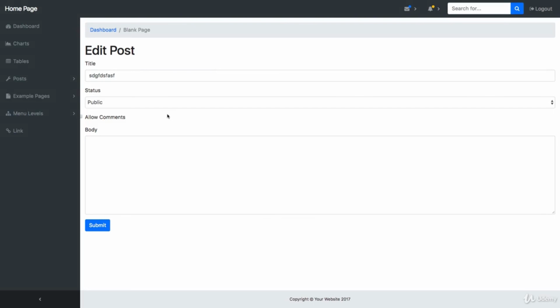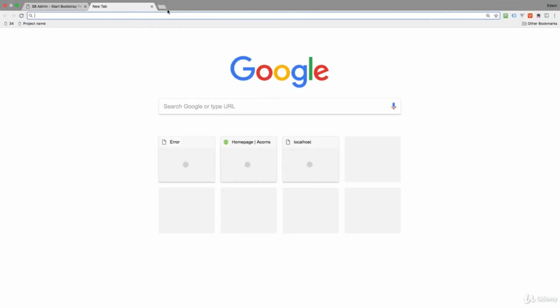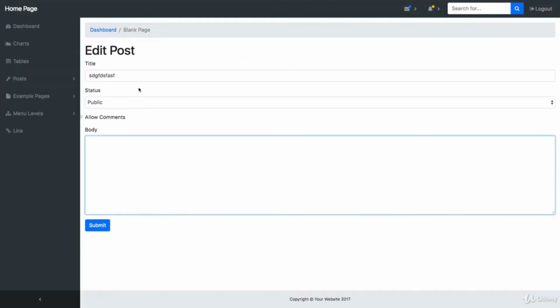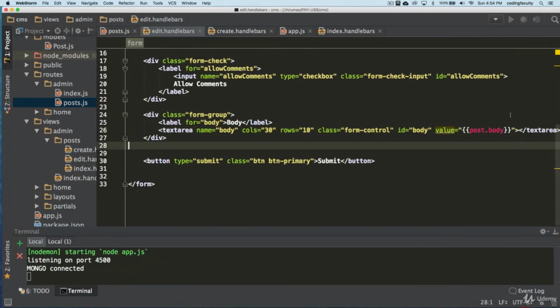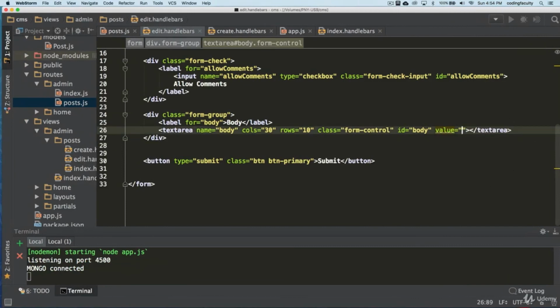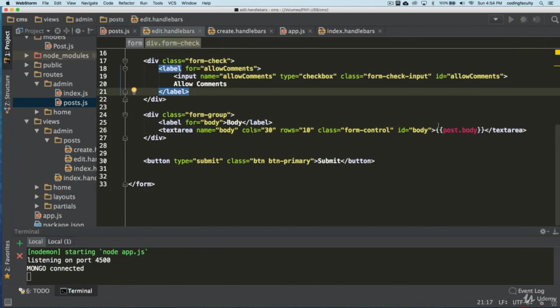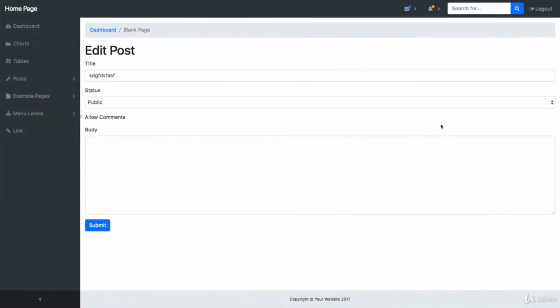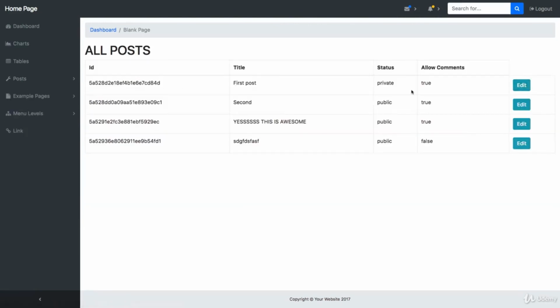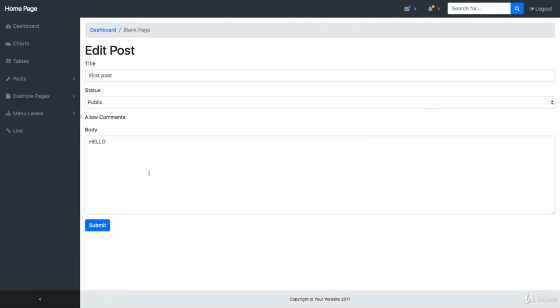Oh, no, the text area doesn't work like that. I don't think the text area has any value. I thought I made it work one time, but it doesn't have a value. The value should be right here in between. Okay. I don't know what I was using, but I would have sworn that I made it work like that with the value. But anyway, you can see the value of each individual post here. If I edit this one, you see that? Everything's working, guys. Great.